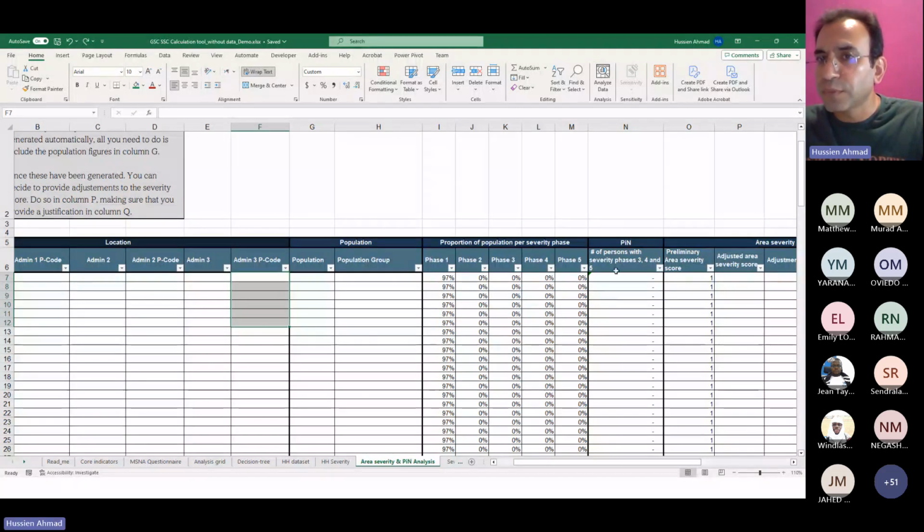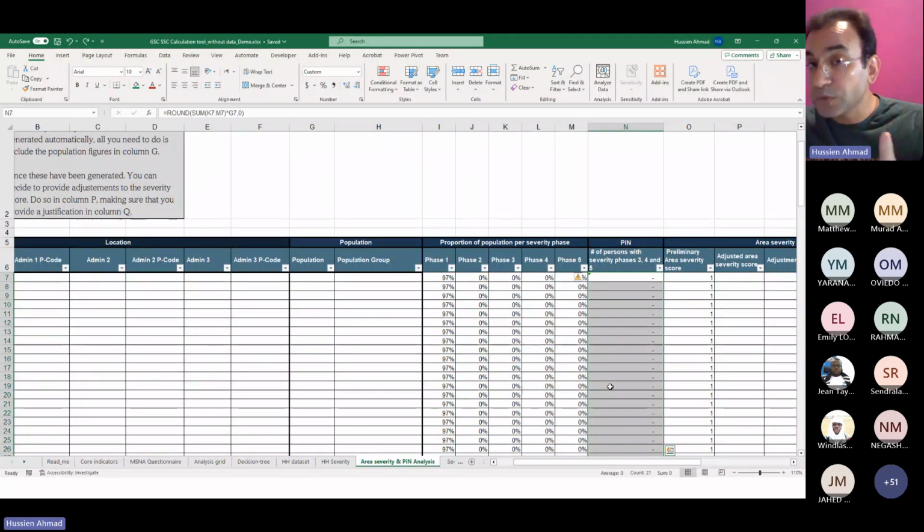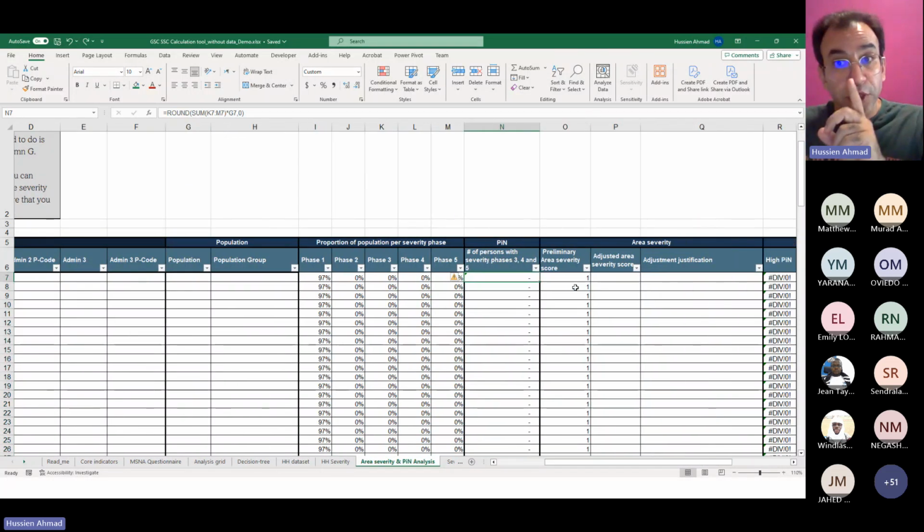Based on that, you will have your population in need figure. It is important to notice that the population in need figure might come from an area with area-level severity 1, like this one, for example, where you have 3% in severity 4. So the overall severity score of this area is 1, but you still have some people in need in that area. So the PIN number is the total people who really need shelter or humanitarian shelter,